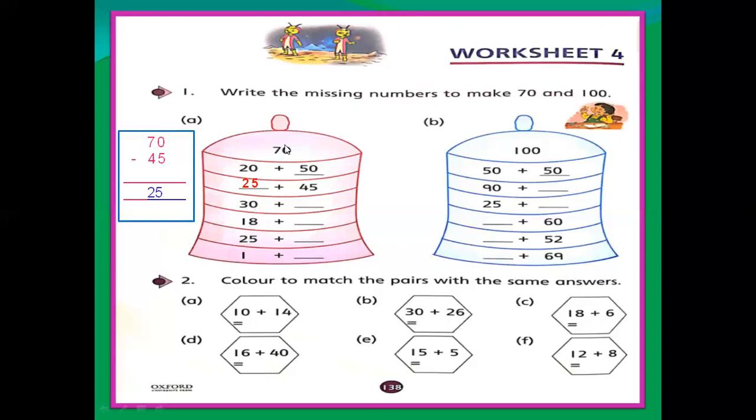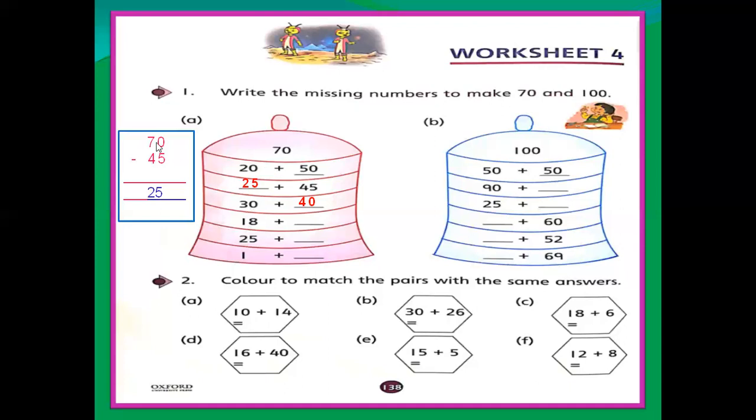So next we will do 70 minus 30. So say 0 minus 0, 0, and 7 minus 3, 4. So here you write 40. So 70 minus 30 is equal to 40. So we will write here 40. Again we add here 0 plus 0, 0, 4 plus 3, 7. Okay. Next, 18 plus dash.